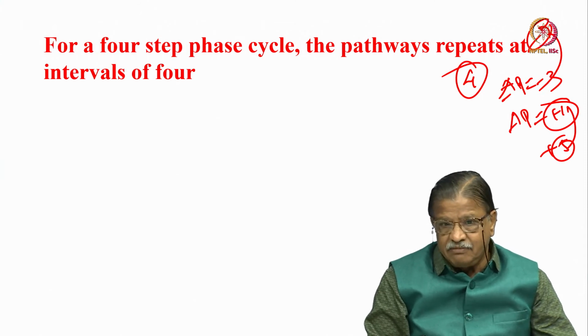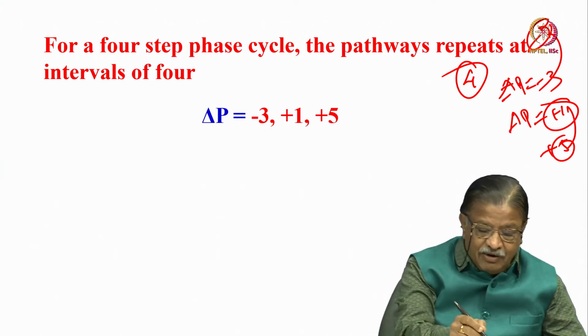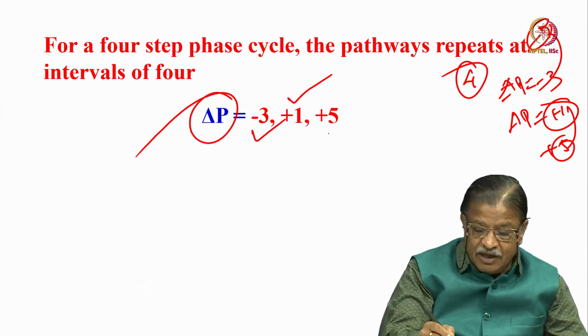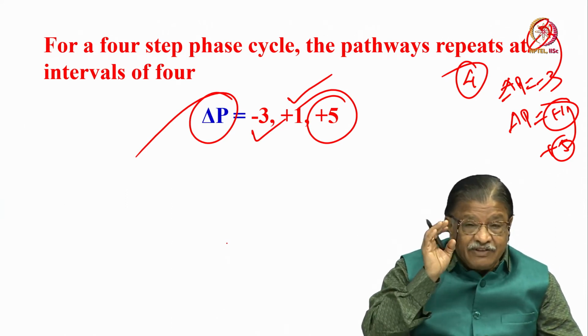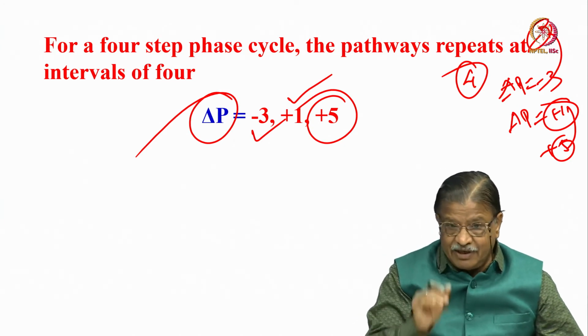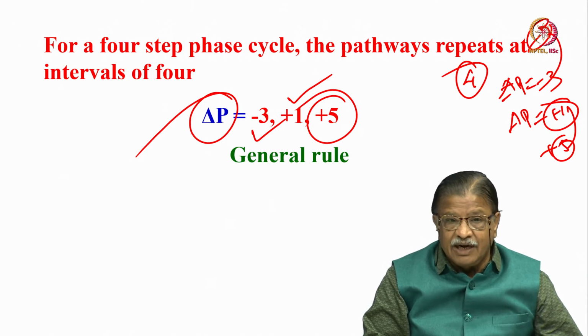You get this point, it is very clear. So now delta p equal to minus 3 is chosen, plus 1 is chosen, and plus 5 is also chosen. It can select if there is a coherent order of plus 5 or minus 5, whatever it is. If there is a plus 5 coherent order, you are going to get that.